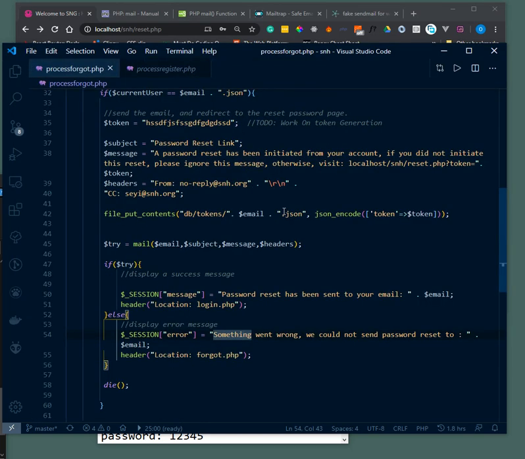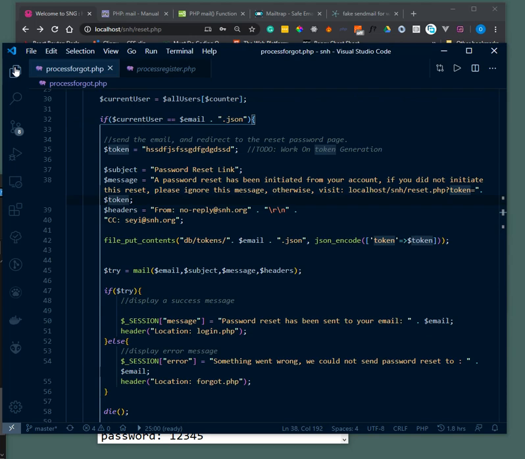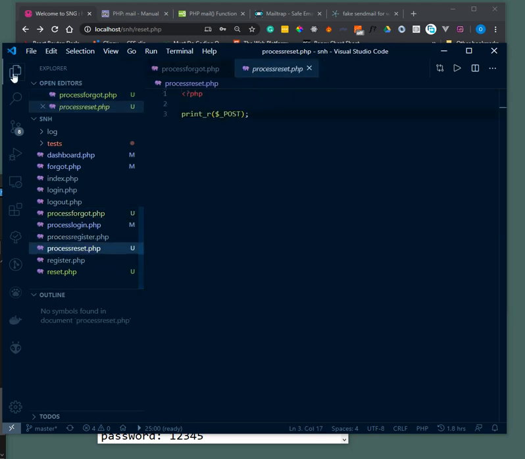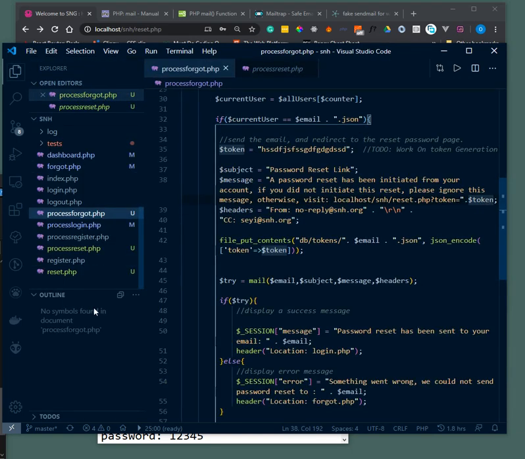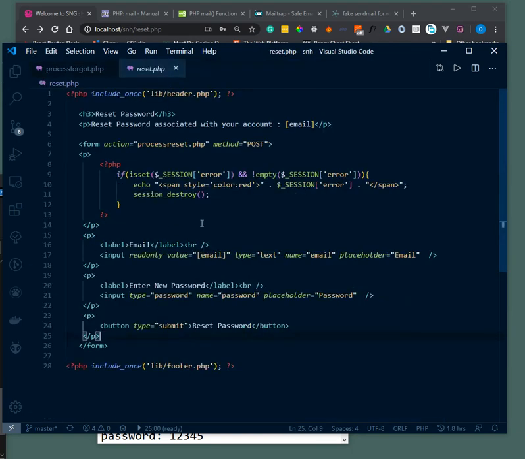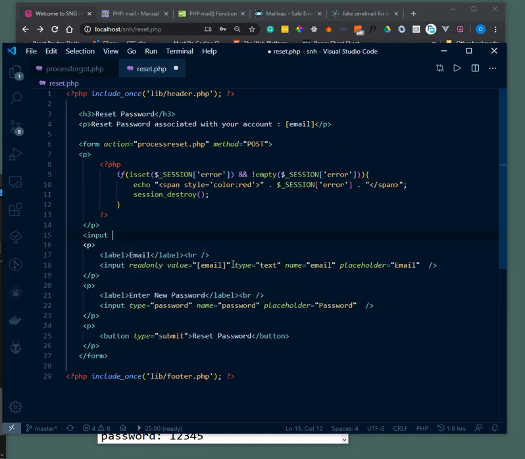So the next thing I want to do is to test this and be sure that my token actually works. And then on my process reset, to print out what I'm getting, well, I need it on my reset page actually. I need to fetch that token. Let's create an input field. The type will be hidden because they don't need to see it. Hidden, and the value will be what I'm getting from my,